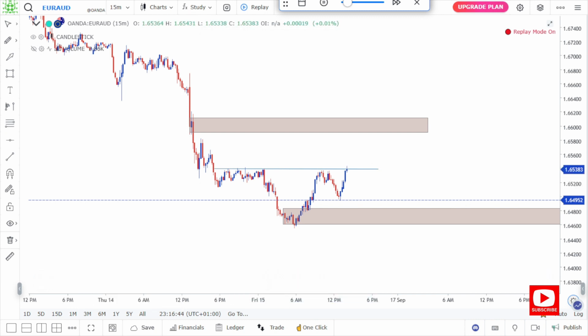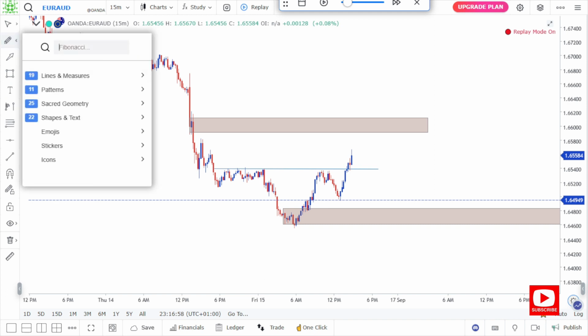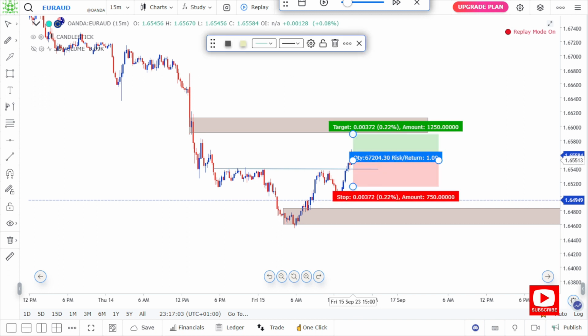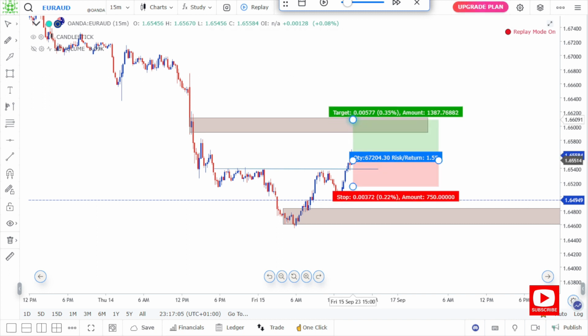So let's see what price did. You see, price closed perfectly above the neckline. So this is a valid entry right here. So we take our buy position, take profit, stop loss,